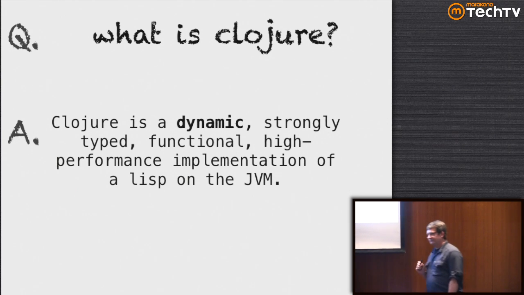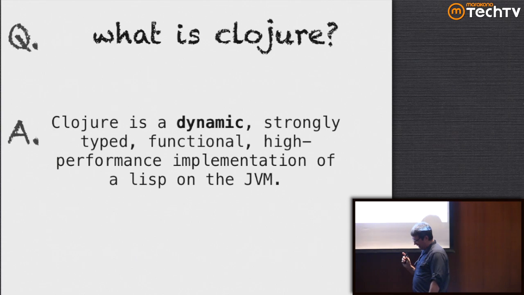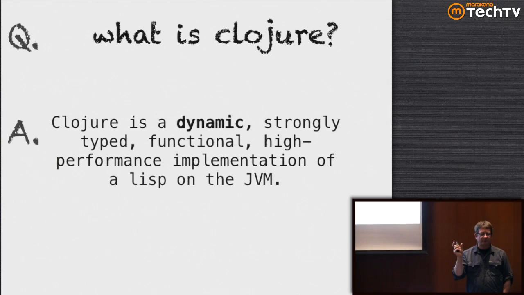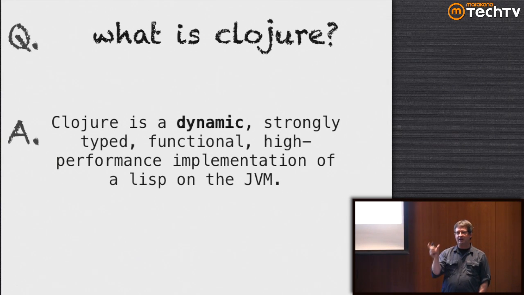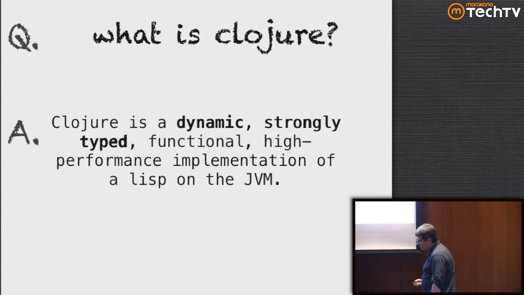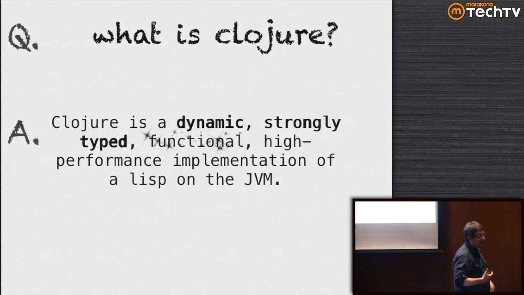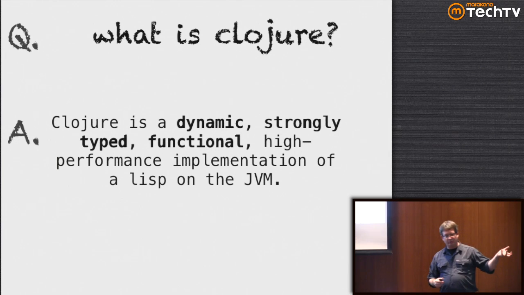Clojure is dynamic, meaning that it is dynamically typed like Ruby and Groovy are dynamically typed, meaning that you don't predefine the type of a variable, but once you assign something to a variable, it is strongly typed. It retains knowledge of that. You can do reflection on that thing. You can do any kind of activity you want on it based on the type. So it is dynamic, strongly typed. In that way, it is like Groovy and Ruby, both of which are dynamic, strongly typed languages.